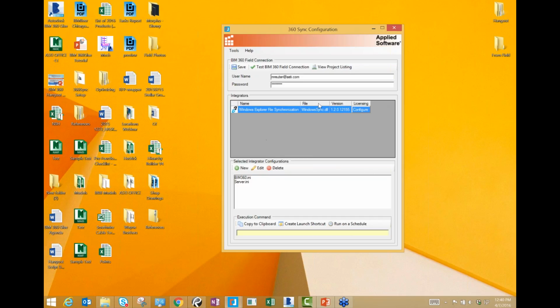This part of the window right here is just for licensing. So once we set this up with you, we configure the license, and then you're good to go. You don't have to worry about this again. But as you can see right here, this bottom integrator configurator right at the bottom is where you do most of your work with 360 Sync. As you can see, I've got some items already saved in here,